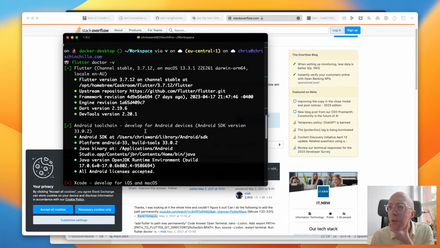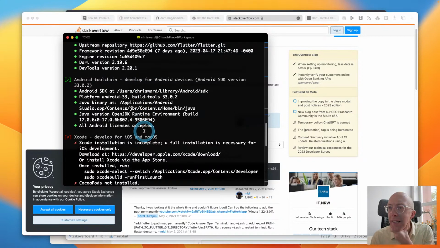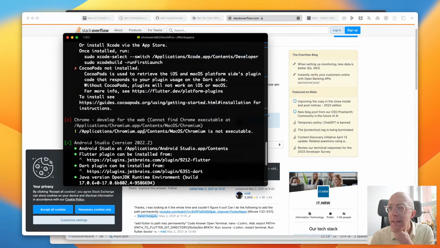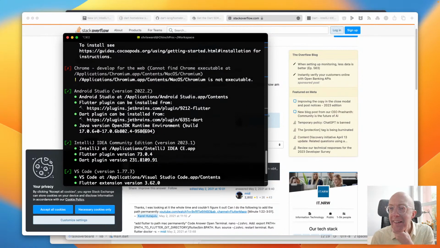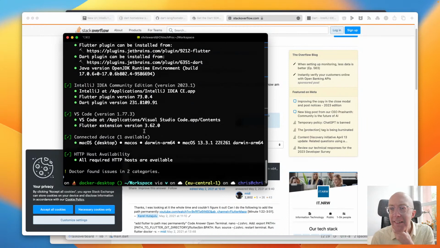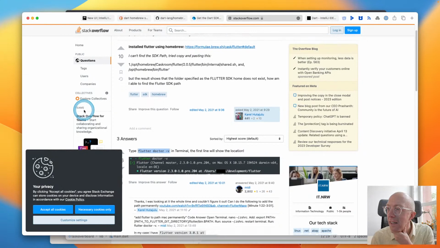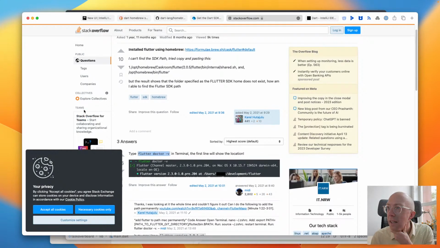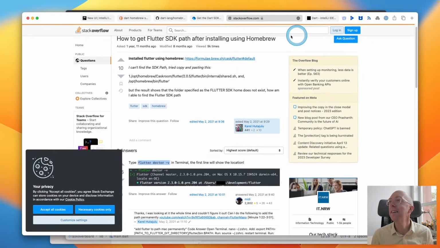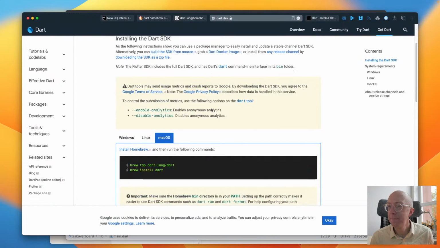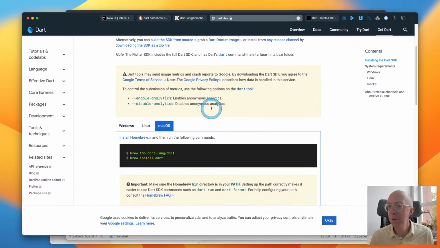I don't see it. I'm not seeing that. Oh, Flutter SDK. Even Homebrew is recommended.